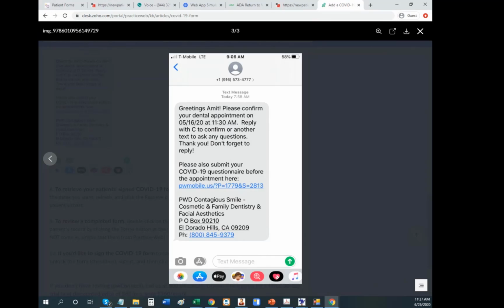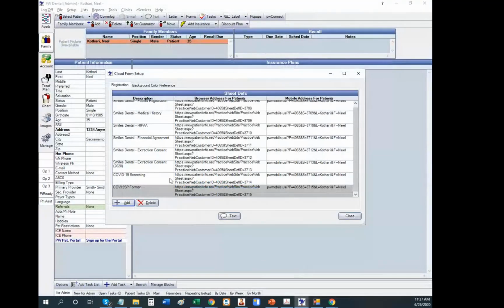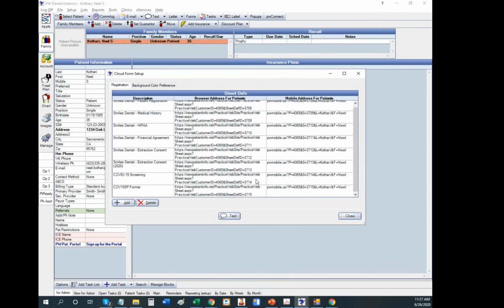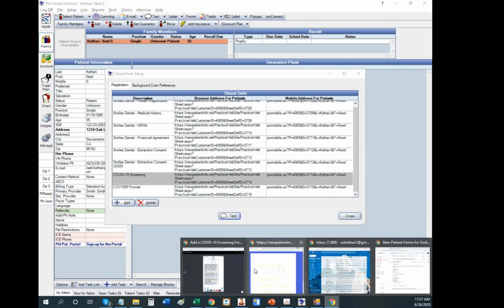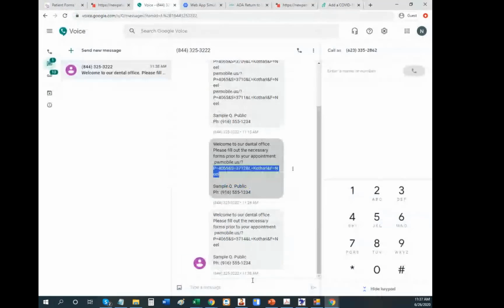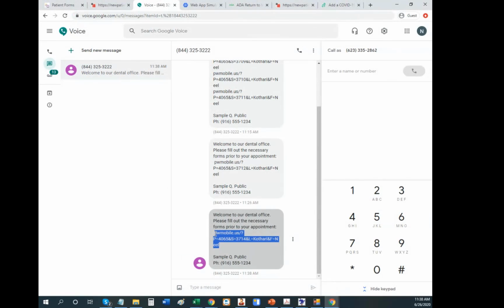Another aspect is if you want to manually text that, then it works the same way as I showed with the other forms. So you go back to the cloud form setup screen, click on this, and you can text that to a patient if you'd like. Right here, you can see that name is pre-filled. I'm going to text that, and we'll pull up a text message. Here it is. So I would click on this link from my phone,